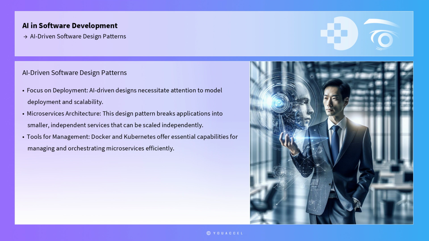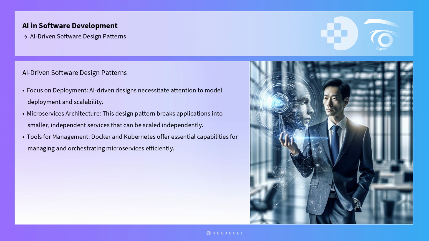AI-driven software design patterns also necessitate a focus on model deployment and scalability. The microservices architecture is a design pattern that facilitates the deployment of AI models by breaking down applications into smaller, independent services that can be developed, deployed, and scaled independently. This pattern is particularly beneficial in environments where different AI models or components need to be updated or scaled without